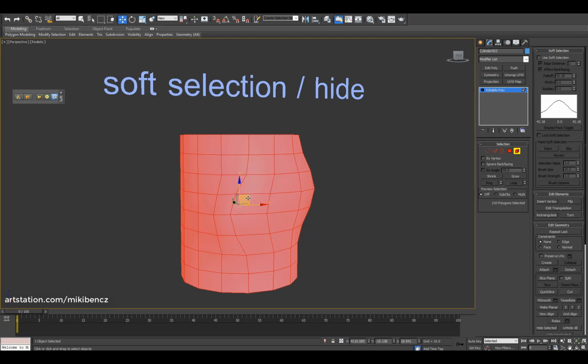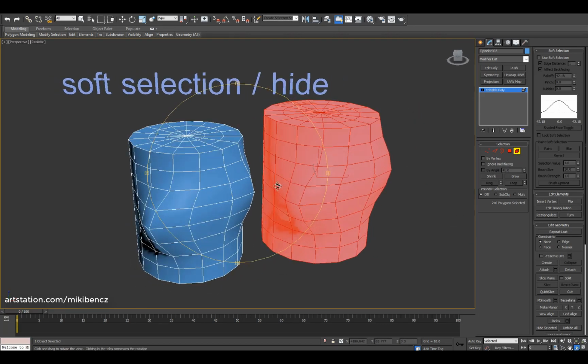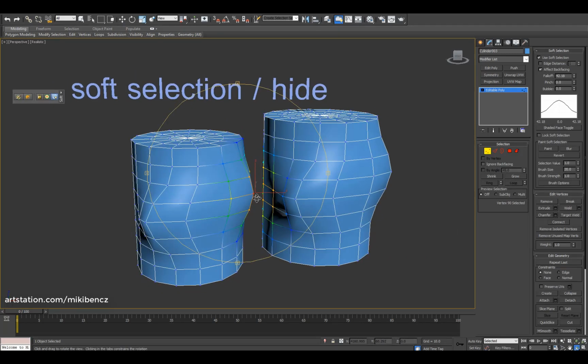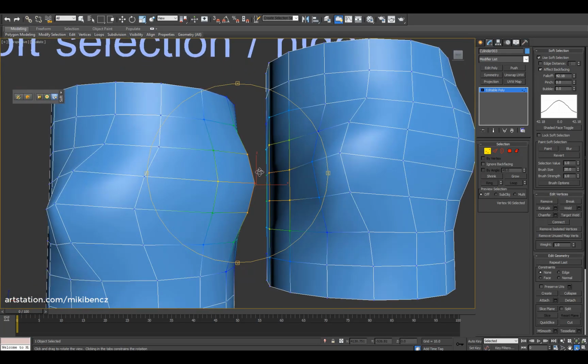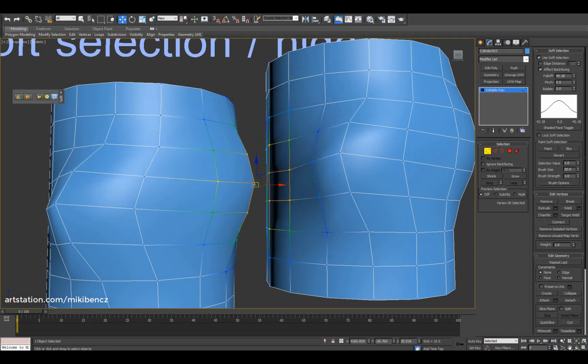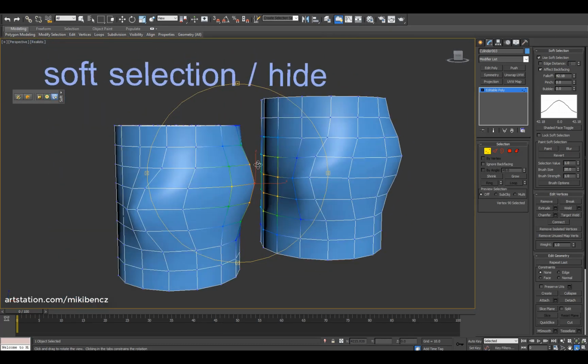Copy this element by holding down Shift. There we go. Clone it to the element, and then if I go to the vertex mode again and use soft selection, as you can see now it will move the other geometry as well, because it doesn't take in consideration that they are not the same